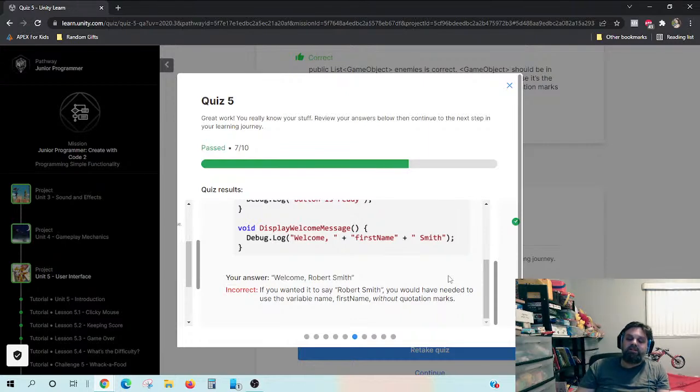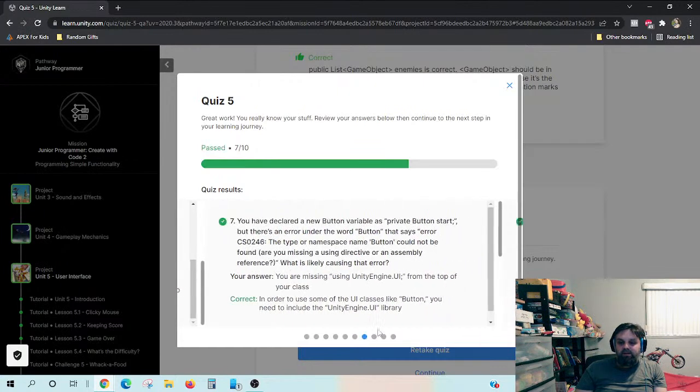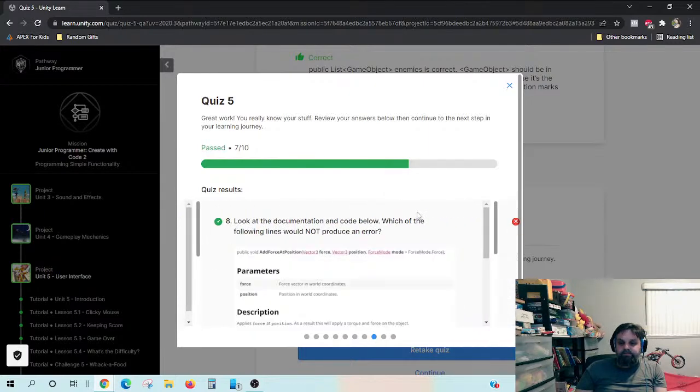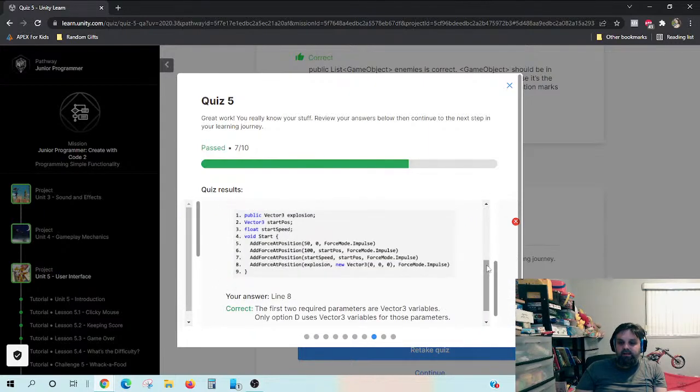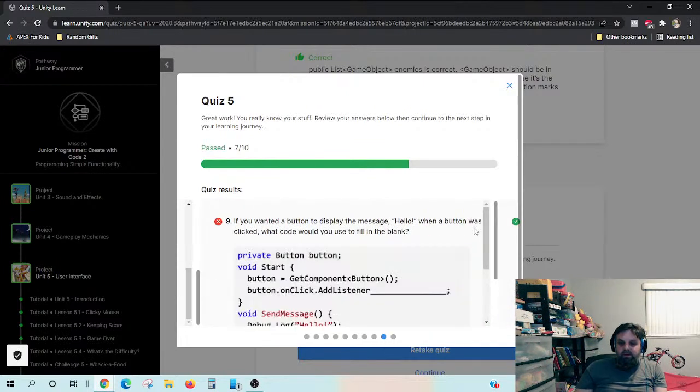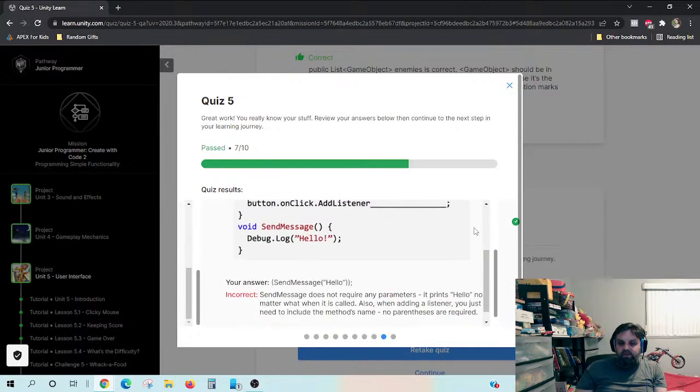Oh, okay, because it's just going to say first name in quotation marks. Okay, yeah, no, I should have got that one right. That was my bad. Yeah, using the UI, got that one right. And I got this one, like line A, sweet. I was a little bit unsure about that one. This one I was definitely unsure. I thought it was the